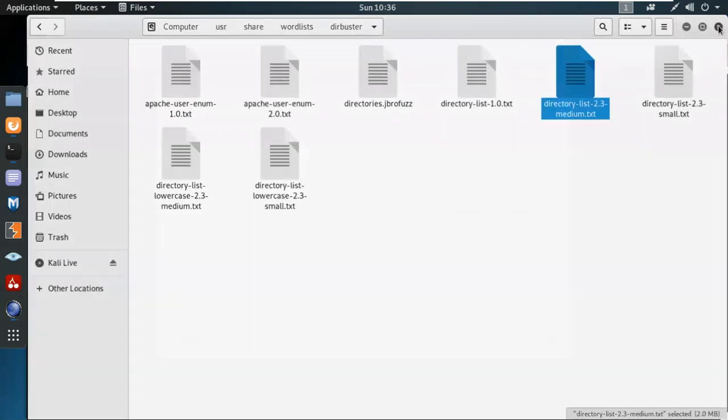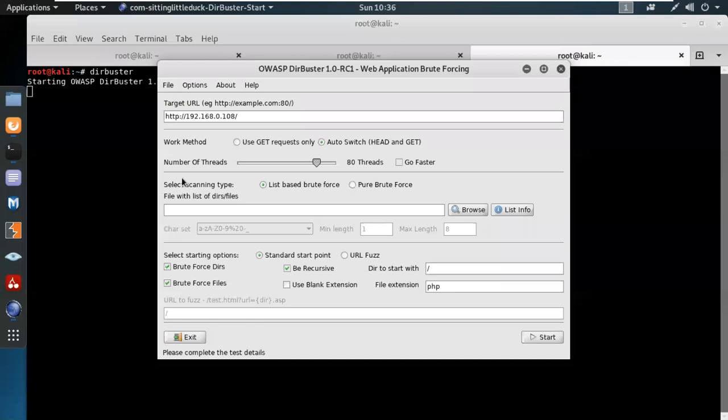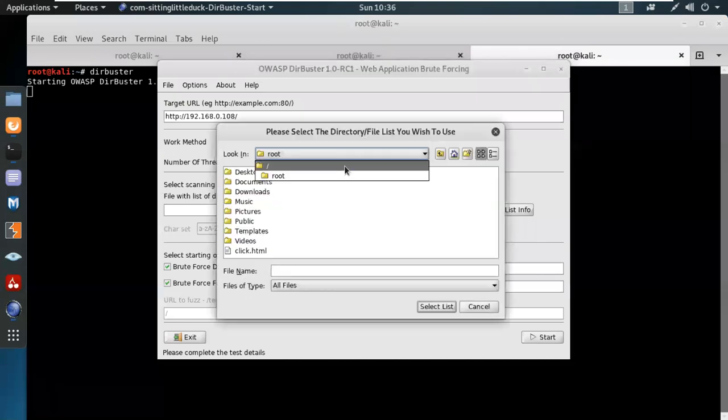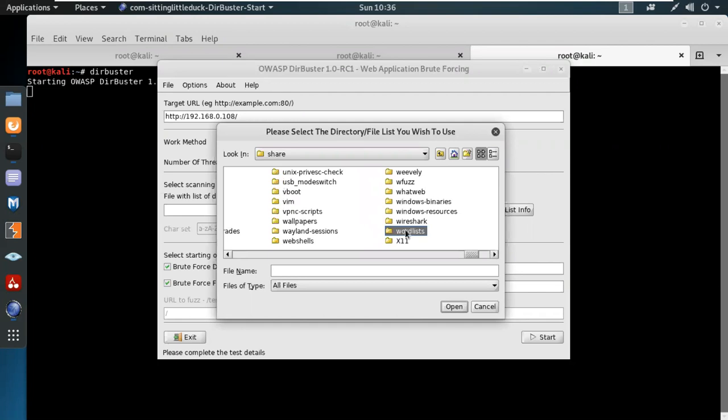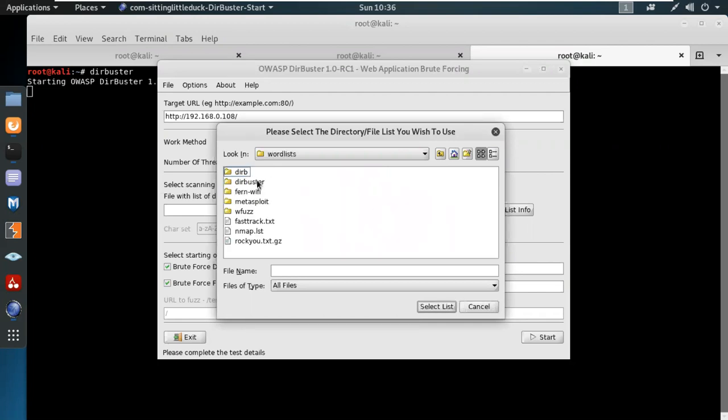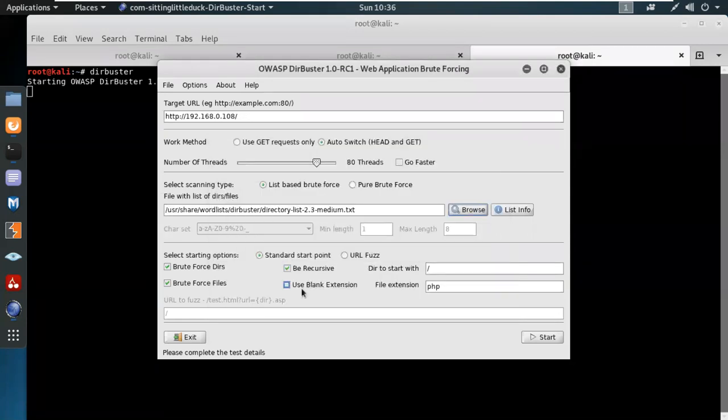For that case, I'm gonna insert a dictionary over there. So browse. We're gonna go to the user, share. We're gonna write the word list. The word list, I'm gonna use the dirbuster, and I'm gonna use the medium.txt file. So the major role of the medium.txt, we're gonna perform a brute force attack on the directory crawl. So remember one thing: when you're performing a brute force scan, brute force the directories, brute force the files, and